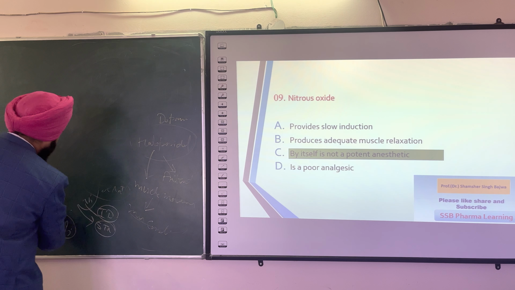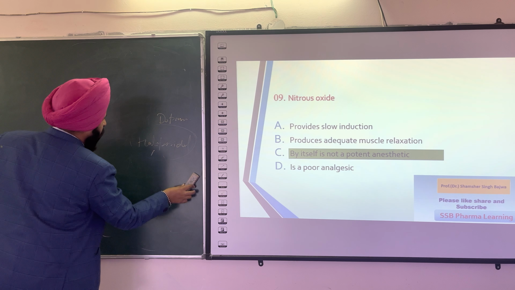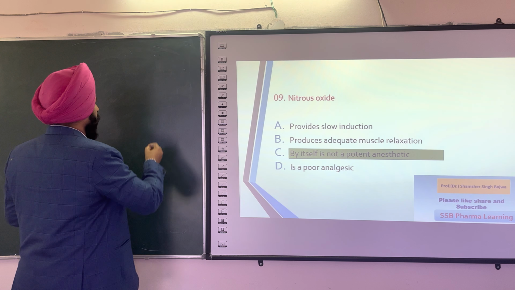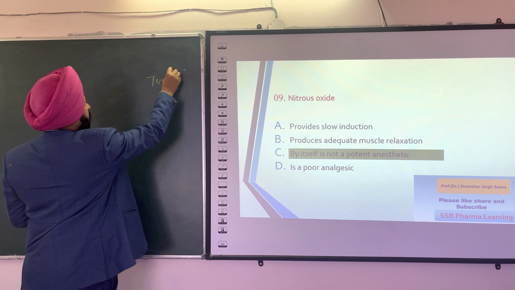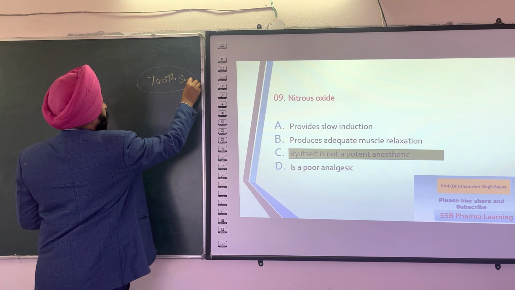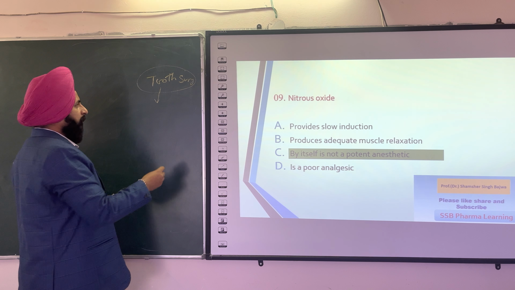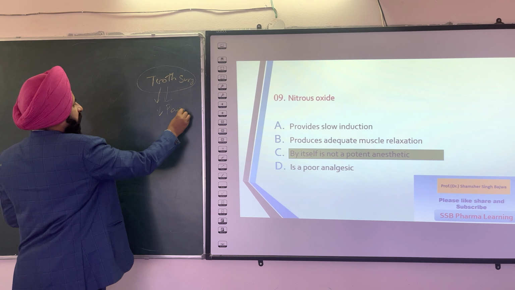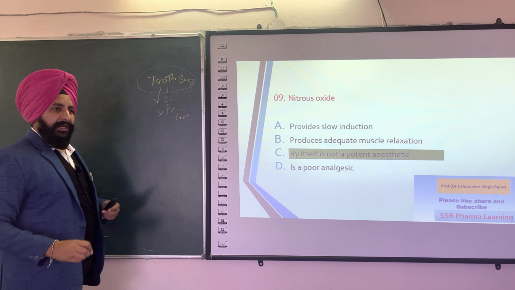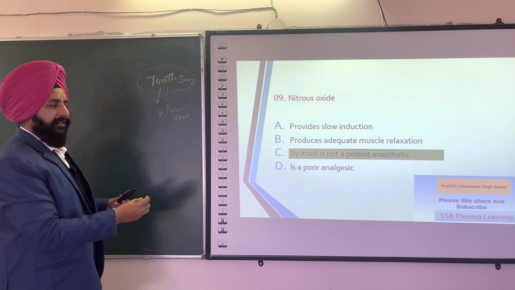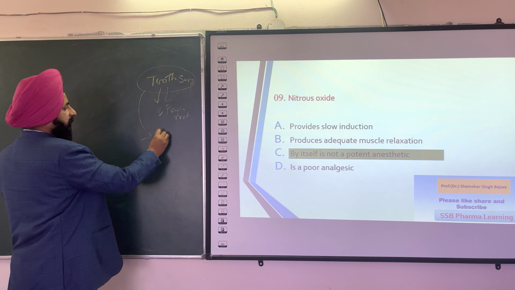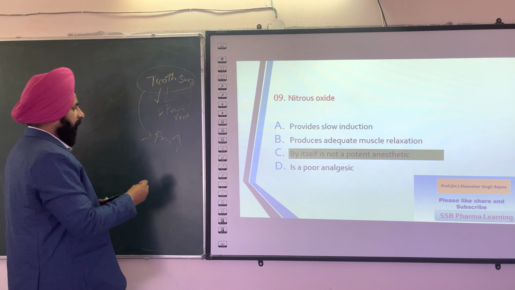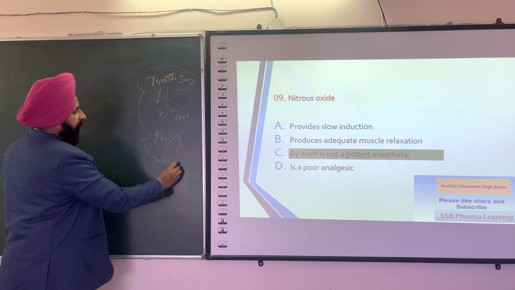So now what is the thing here? Because this nitrous oxide was basically preferred in the initial time for tooth surgery, not nowadays but in the old time, it was preferred by dentists to reduce the pain while extracting the tooth. And nitrous oxide is itself not a potent anesthetic, but whenever you give it with an anesthetic, it increases the efficacy of the anesthetic. How? Because nitrous oxide is a vasodilator.